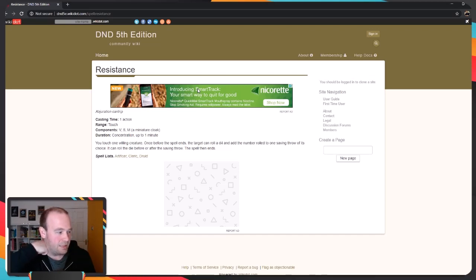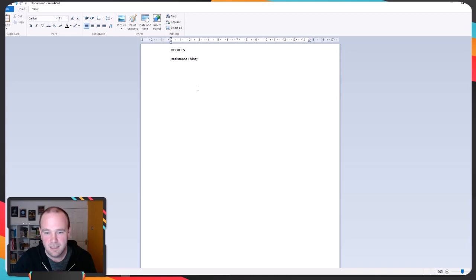Eric Vulgaris says a postage stamp, so we're going to take that. It's the resistance stamp. So lick this. Let's say it's a book of stamps. Book of 6 stamps. Lick a stamp and stick it to somebody's head. As long as it remains there, they can ignore 1 source of harm from